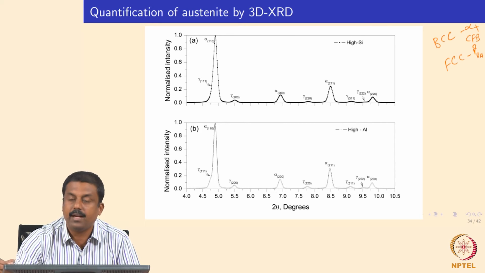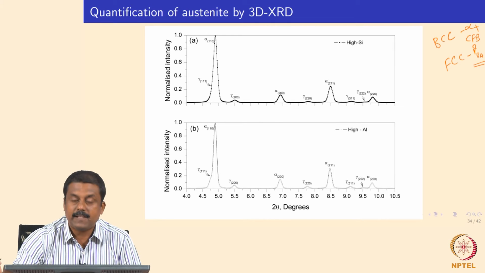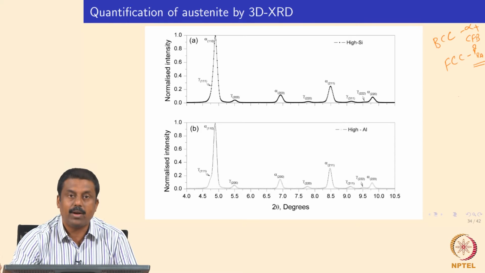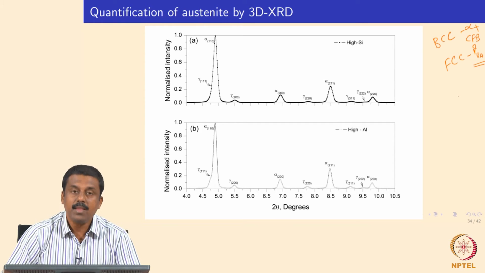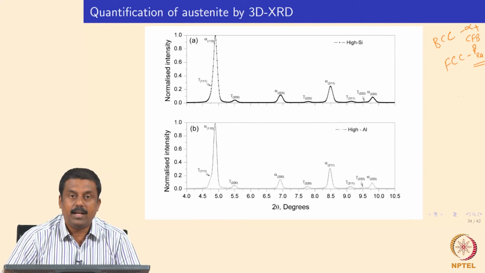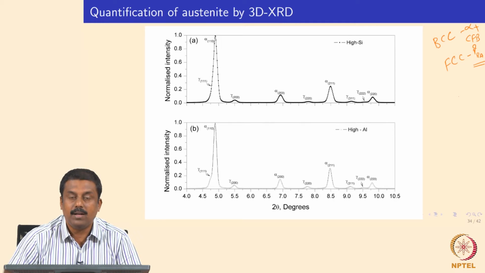Now what we are interested in is the volume fraction of retained austenite present in the microstructure at a given location. So, what do we do now? We can carry out X-ray diffraction measurements at individual locations where the beam size can be as small as a few microns. So, the gauge volume, the volume on which you measure the X-ray diffraction, is very small compared to the measurements you do in a magnetic saturation method.